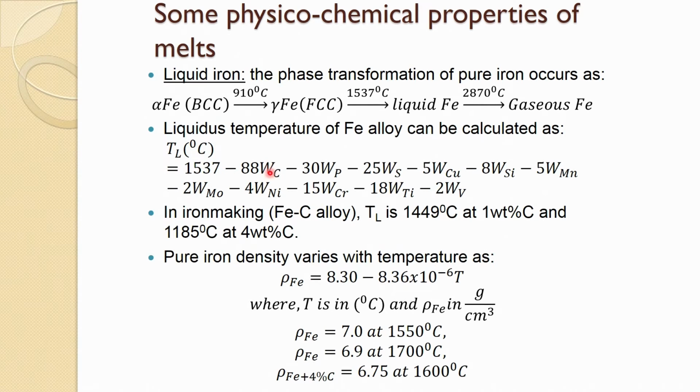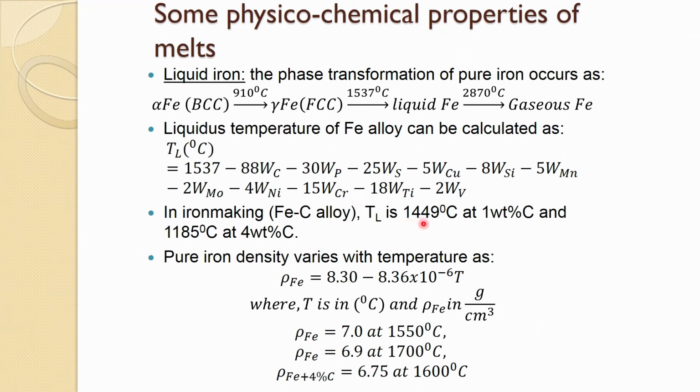However, if you have carbon or phosphorus, sulfur, copper, silicon, manganese, molybdenum, nickel, chromium, titanium or vanadium, all of these contribute in reducing the temperature. You can see if we have 1 weight percent carbon, the liquidus temperature reduces